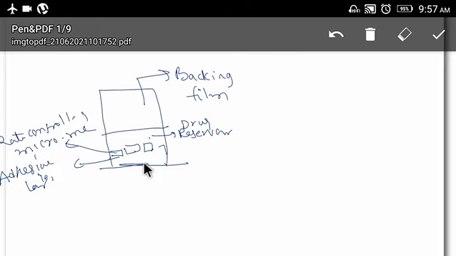The first layer is the adhesive layer, where we have a priming dose. Clear? In the third layer we have the reservoir, that means here is the stock of drug. In the fourth layer we have the backing film. So this is how a patch looks.